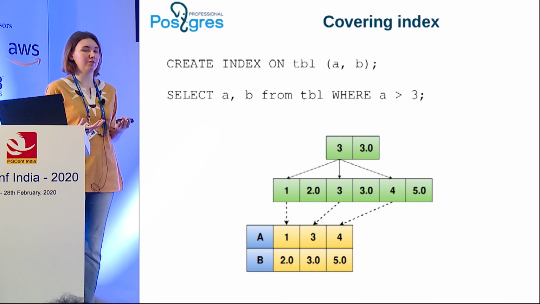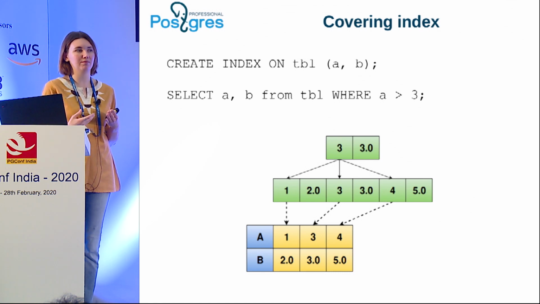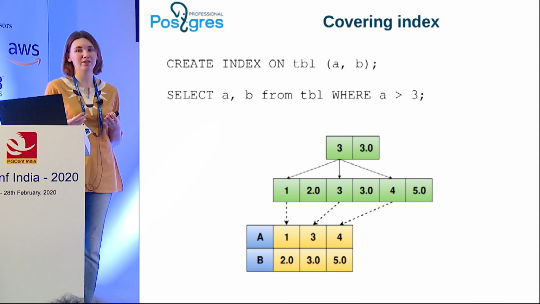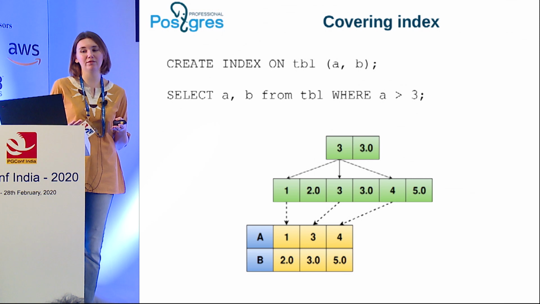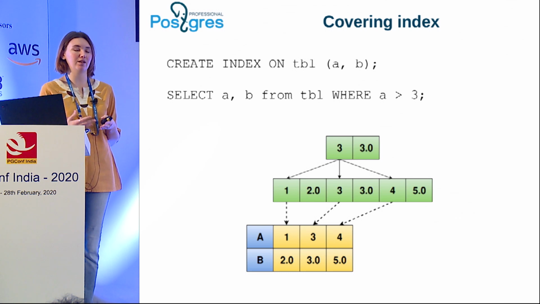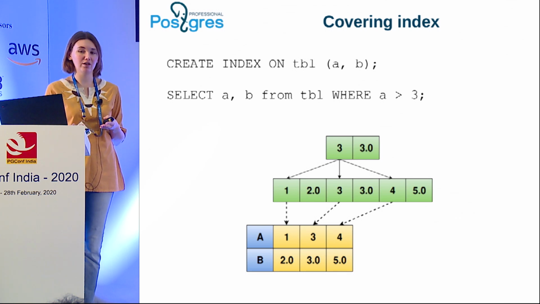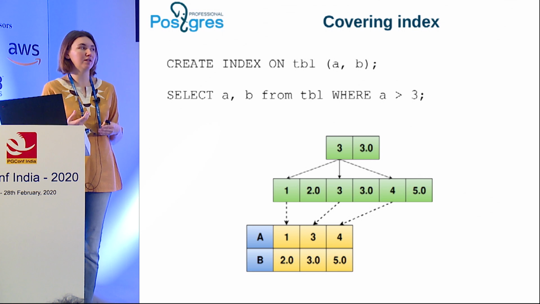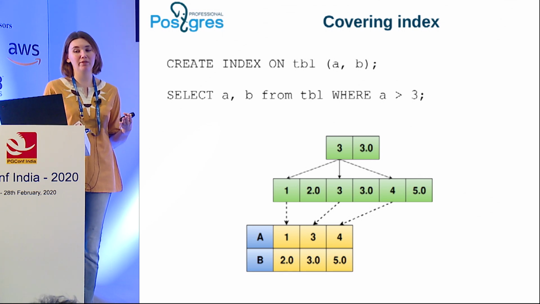Multi-column B-tree indexes present in Postgres since the beginning of time. They were there always. And they allow multiple keys to be stored in a single tuple, so that they can satisfy queries that access both fields. So for example, if you want to select something with a clause on A and B, on both fields, you can